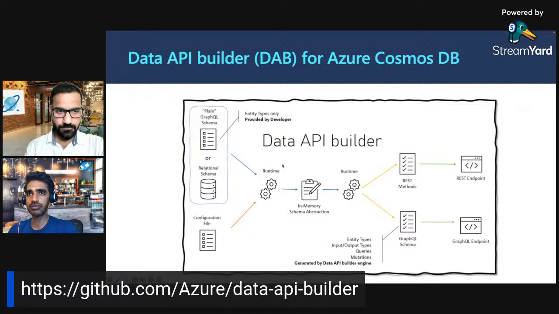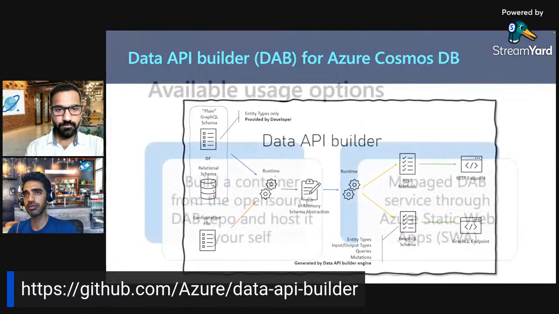Once this information is provided, the runtime will pick it up and auto generate the GraphQL endpoint for Cosmos DB, and this works for relational databases as well; we support both. For Cosmos DB, since we already have a REST endpoint, we are enabling only the GraphQL endpoint through data API builder, and it will have the entity types, the output types, queries and mutations. So as a developer, within quick time, you should be able to generate the GraphQL endpoint.